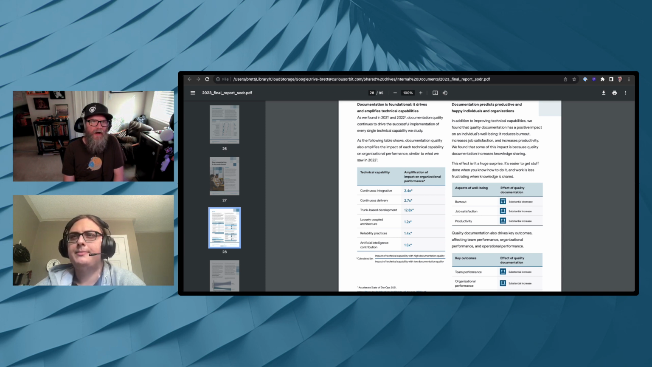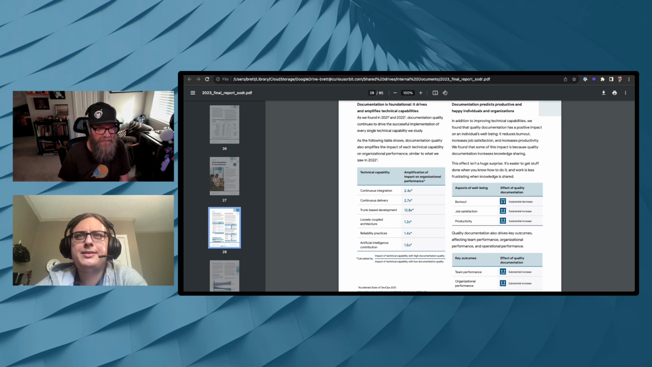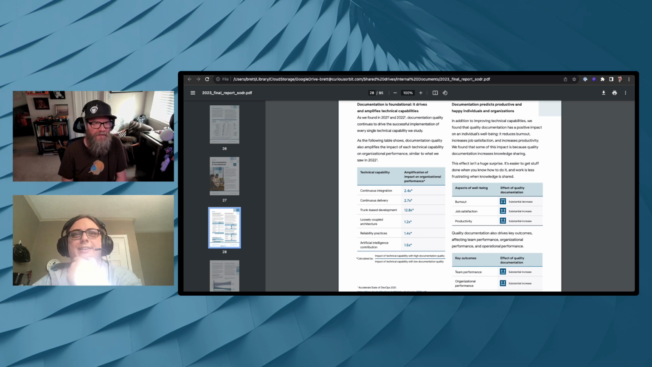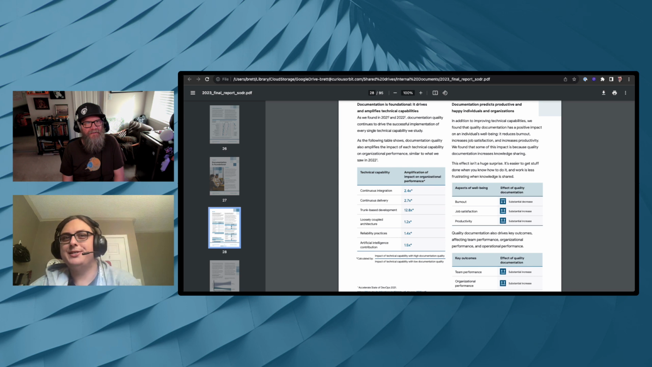Yeah. And I also like, if you're looking at the same page that I'm on now, page 28 again, on the left-hand column, they've got technical capabilities, and then amplification of impact on organizational performance. And you can see sort of some of the things we talked about, right? Yeah. Artificial intelligence contribution, your development practices, pretty interesting stuff. What is trunk-based development? It's like a 12.8x boost on org performance, apparently. Isn't that